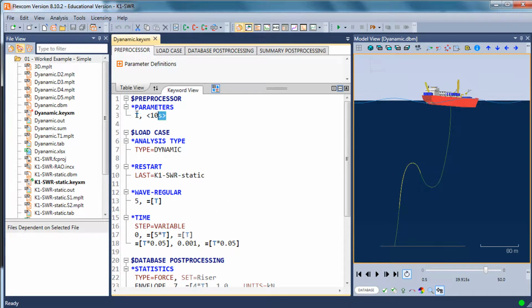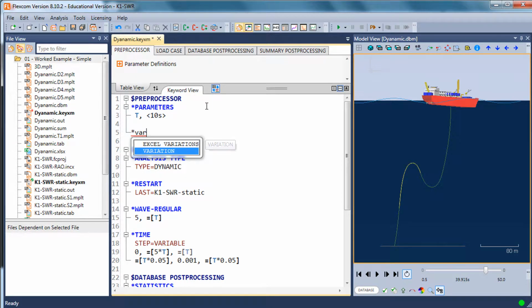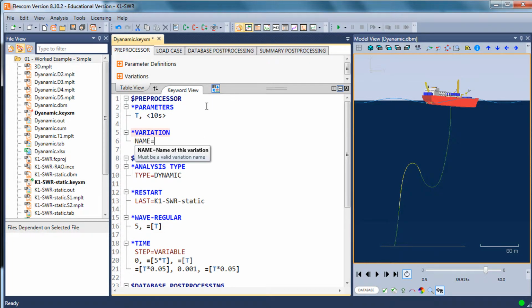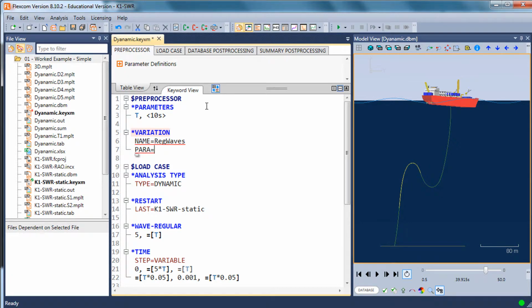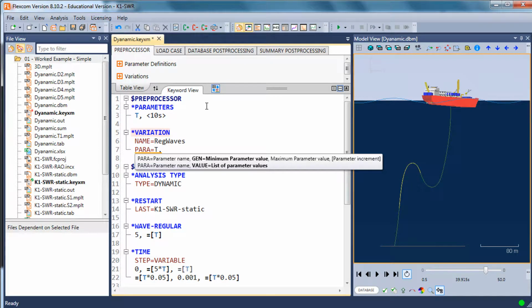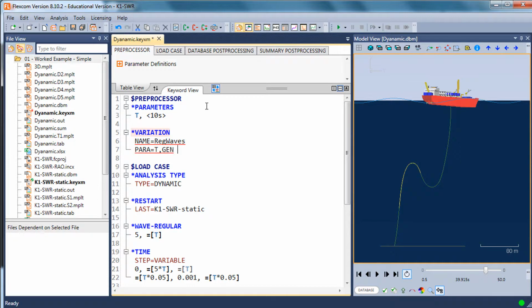In the model we're looking at on screen, I've got a single parameter for wave period, which has been predefined as 10 seconds. So that's hardwired as just one single value. So what I'm going to do now is put in a variations keyword, which will allow me to just generate variations about this base value. The parameter I'm looking for is t, and I'm going to generate some values around that. So I'm going to generate, let's say, wave periods from 5 seconds up to, let's say, 25 seconds in steps